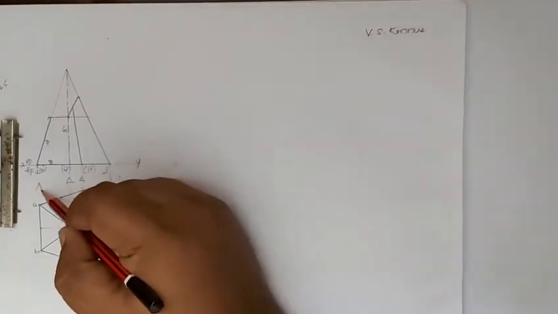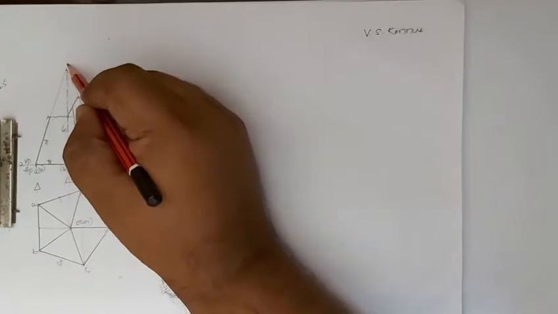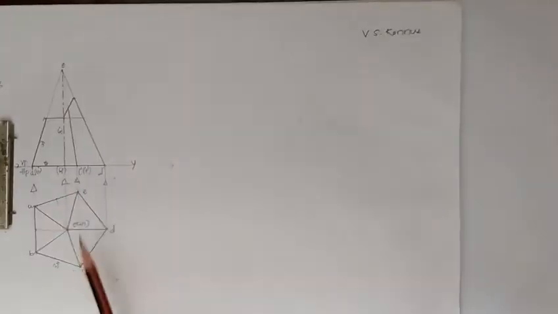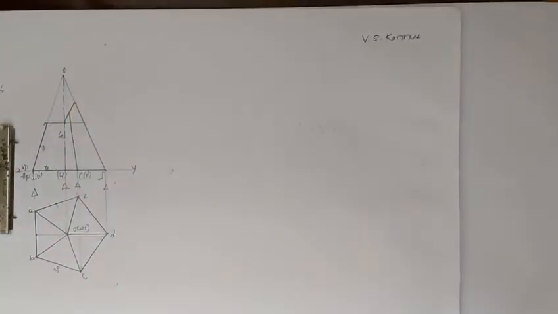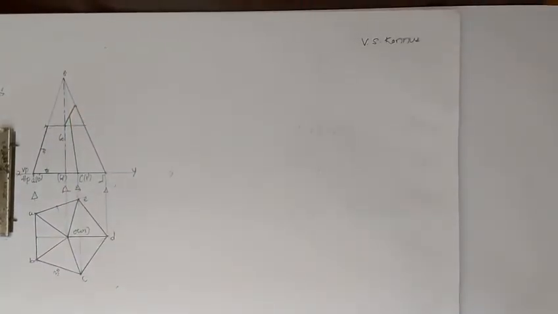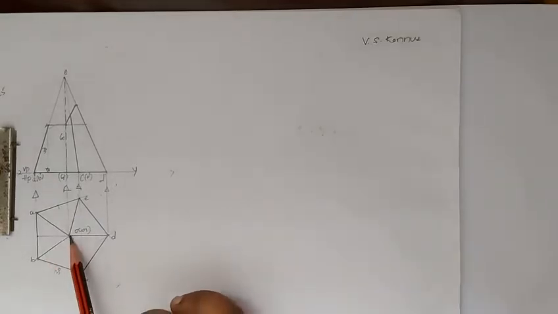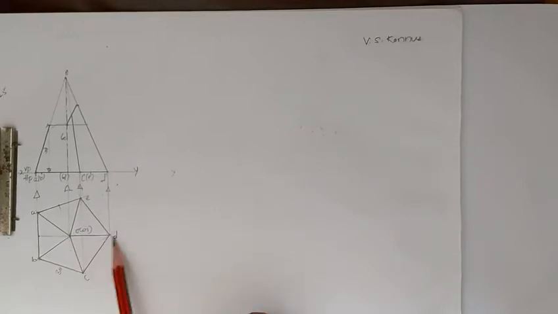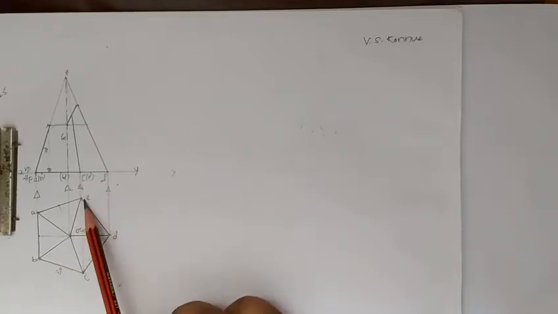The given problem I have already constructed, and this point is called O dash. This cut section is given, this complete part is given. Our work is to number and then develop. Now for numbering we are considering a procedure, I will explain it: OA, AB, OB, BC, OC, CD, OD, DC, DE, OE, then EA.